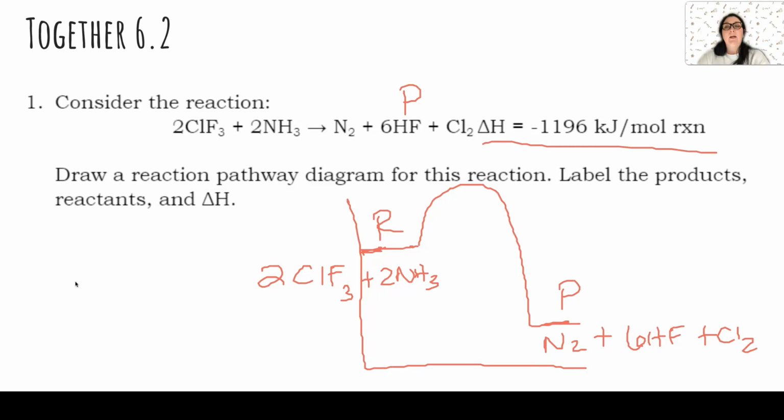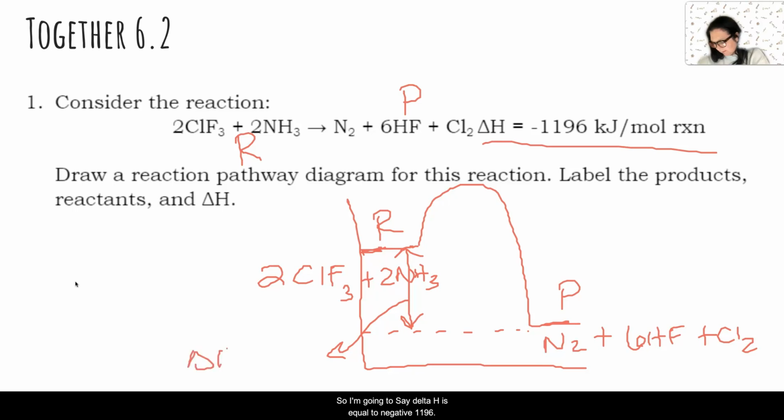All right, perfect. So those are my reactants. There they are. Products, reactants, and delta H. So for my delta H, typically what I just do is I draw a dashed line over to where the products are, and then you have an arrow right here, and then there's a lot going on, so I'm going to say delta H is equal to negative